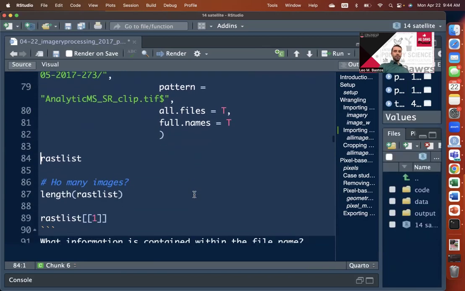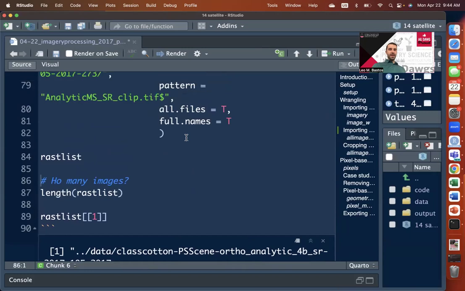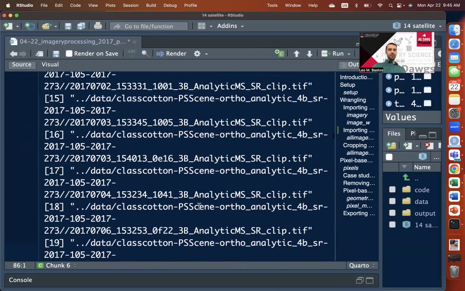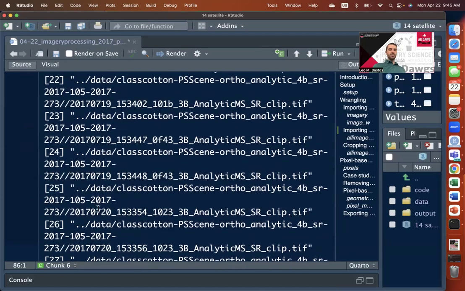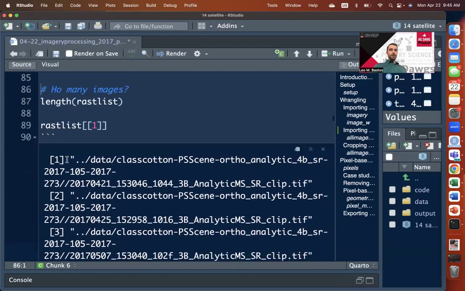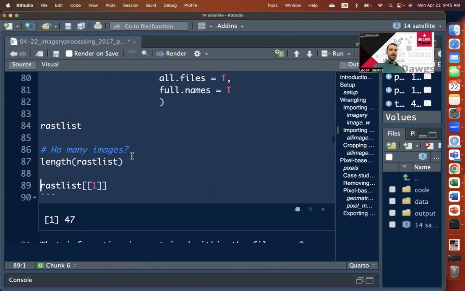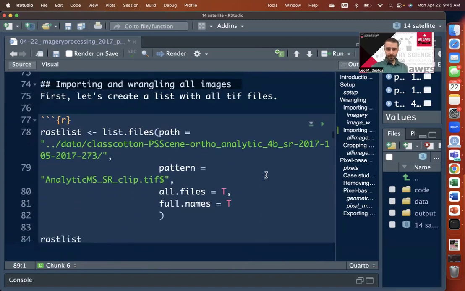If you run this and you print this object rast list, it's going to be a list. So it is not a data frame yet, but it has identified every file in that path that has this pattern of analytic ms .tiff. So this is just a list with each item of this list being one of the files. If you go all the way down, you're going to see there are 47 files, each one representing one of our images. And just to explore here, if you get the length of this rast list,